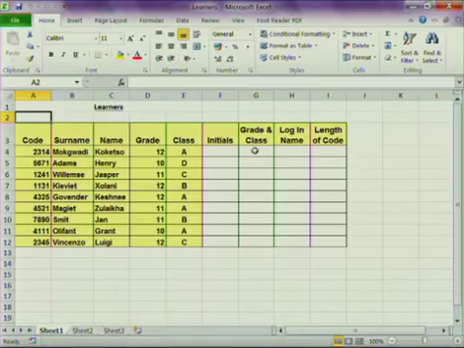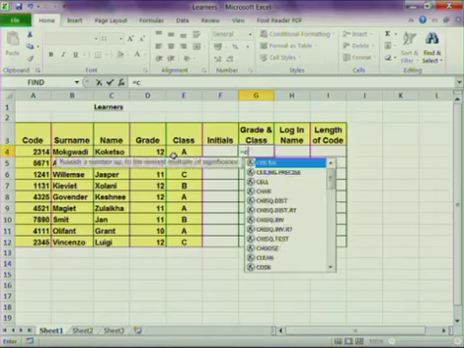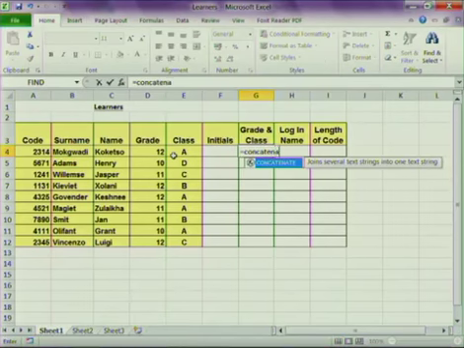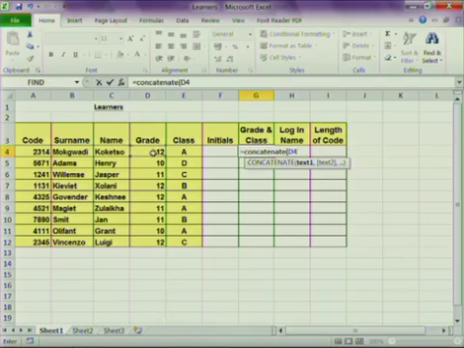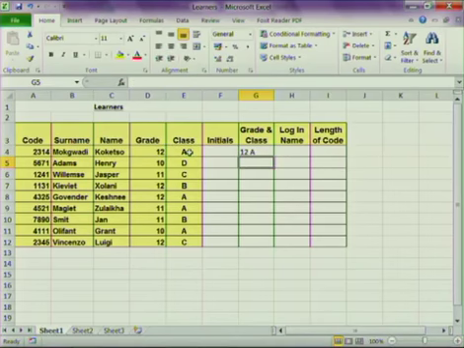Okay, what we're going to do is we are now actually going to practice typing in the concatenate, and I'm going to start by joining the grade and the class. So I'm going to say equals concatenate, I'm going to open my brackets. I'm going to join the grade, but I want to have a space between the grade and the class. I'm going to put a comma in, followed by 2 inverted commas with a space and a comma. And my class, I'm going to close the brackets and I'm going to press enter, and we get